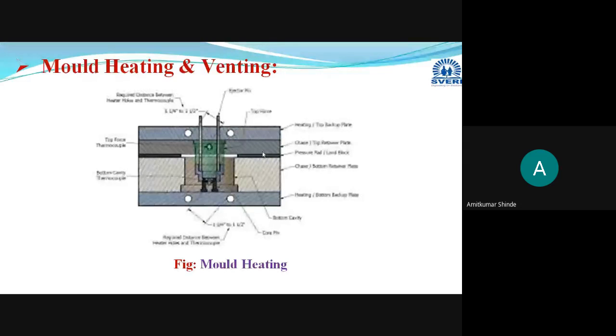Variation in the temperature of upper half and lower half should not exceed that. These are standard parameters, but depending on the medium used for heating the mold, it may vary. But we have to try to maintain the temperature throughout the mold, in the upper half and lower half, uniform, and we will try to reduce the difference up to 3 degrees Celsius.